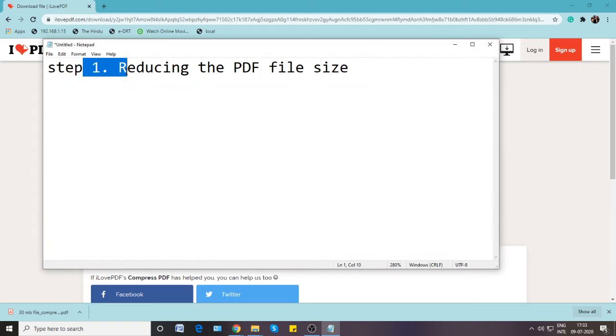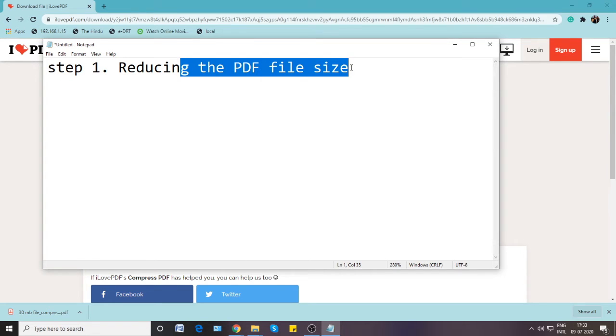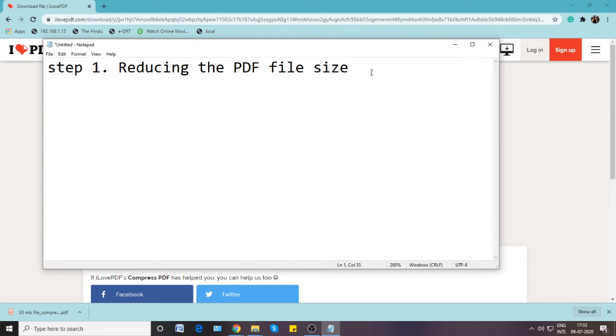So step 1 is reducing the PDF file size, and step 2 is to split a big file into multiple files of less than 5 MB.